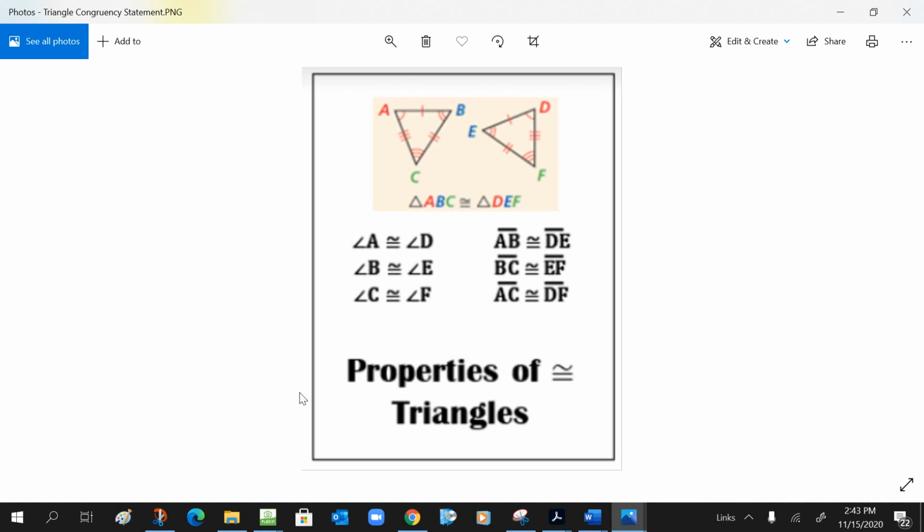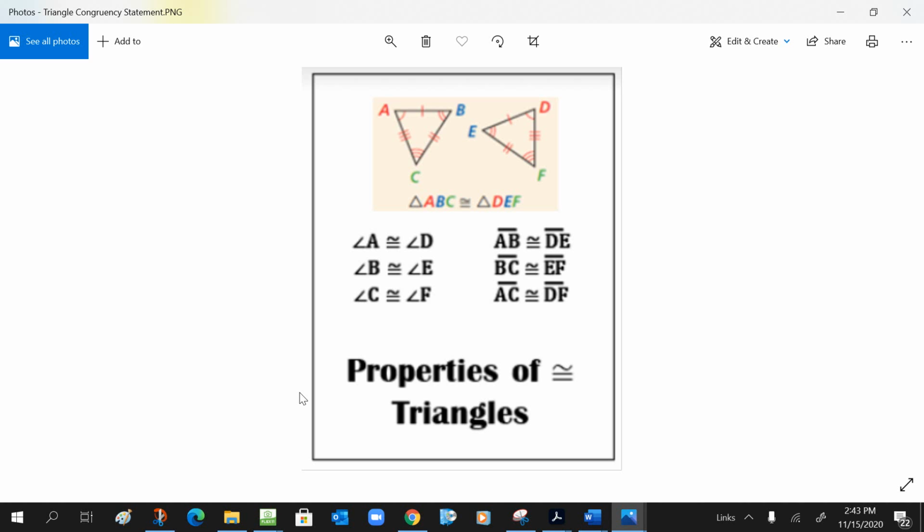triangles. So, if we want to prove two triangles are congruent to each other, it would be a long, drawn-out process to show that 6 things were true. All 3 angles of one had a corresponding congruent angle in the other, and all 3 sides of one had a corresponding congruent side length in the other. The good news is, in a minute we'll go through 5 shortcuts that allow you to only have to know